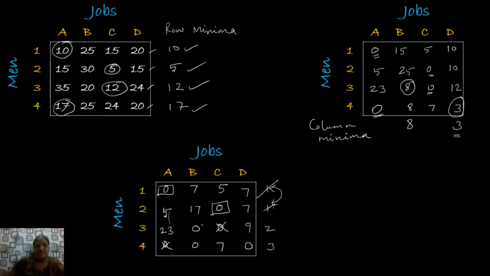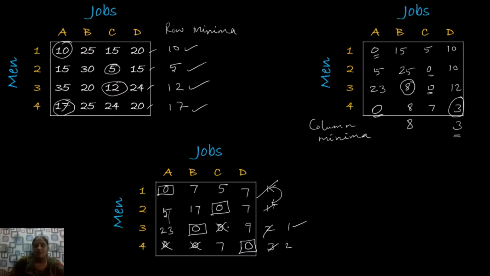Next, after giving the assignment for the second row, we move on to the third and fourth rows. In the third row we have only one 0, the fourth row has 2 zeros. So we give the next assignment for the third row, and cross the remaining 0 elements in the same row and column. And I am going to give the last assignment here.